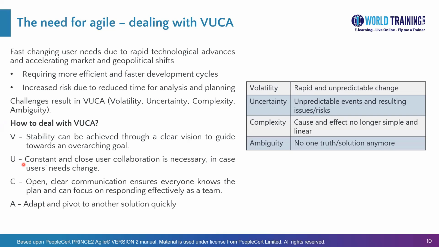An example of complexity could be something like you're doing business in many countries. They have their own unique regulatory environments in every country, tariffs and cultural values. And the solution here is open, clear communication so that everybody knows the plan and can focus on responding effectively as a team, which means that it is important to restructure for self-organization and agility. So here, you could probably bring in some specialists or develop a new specialist and bring up resources adequately to